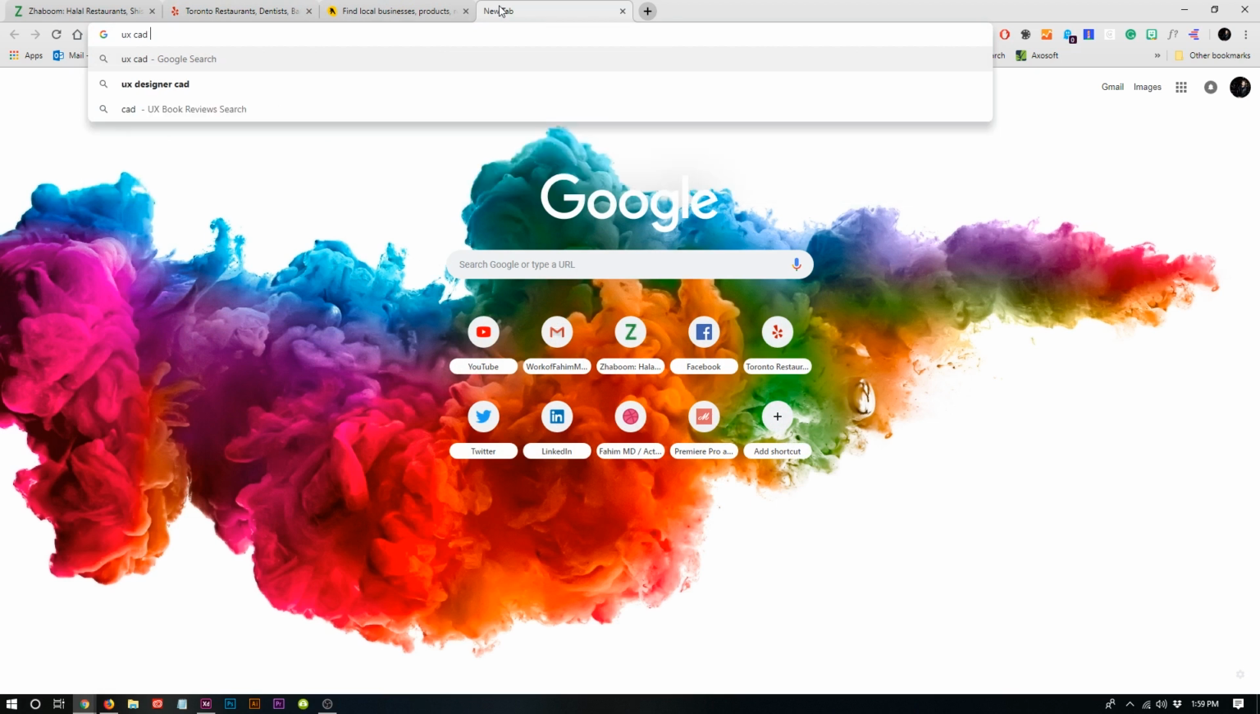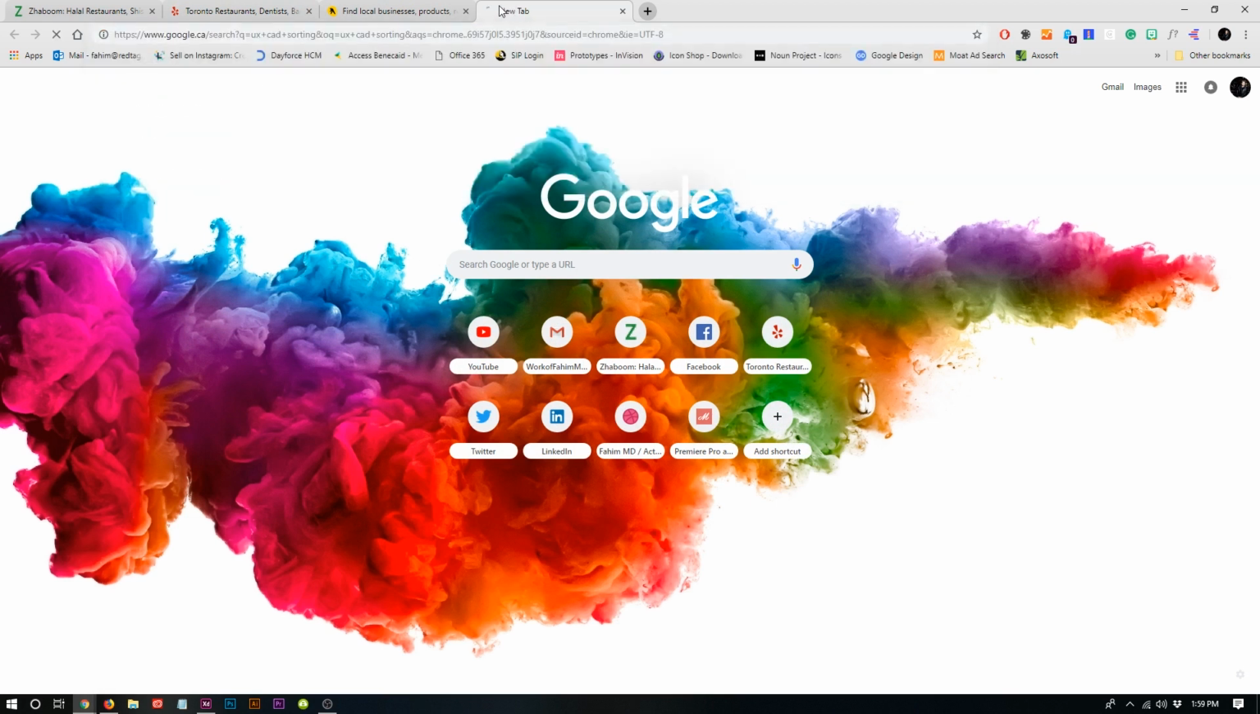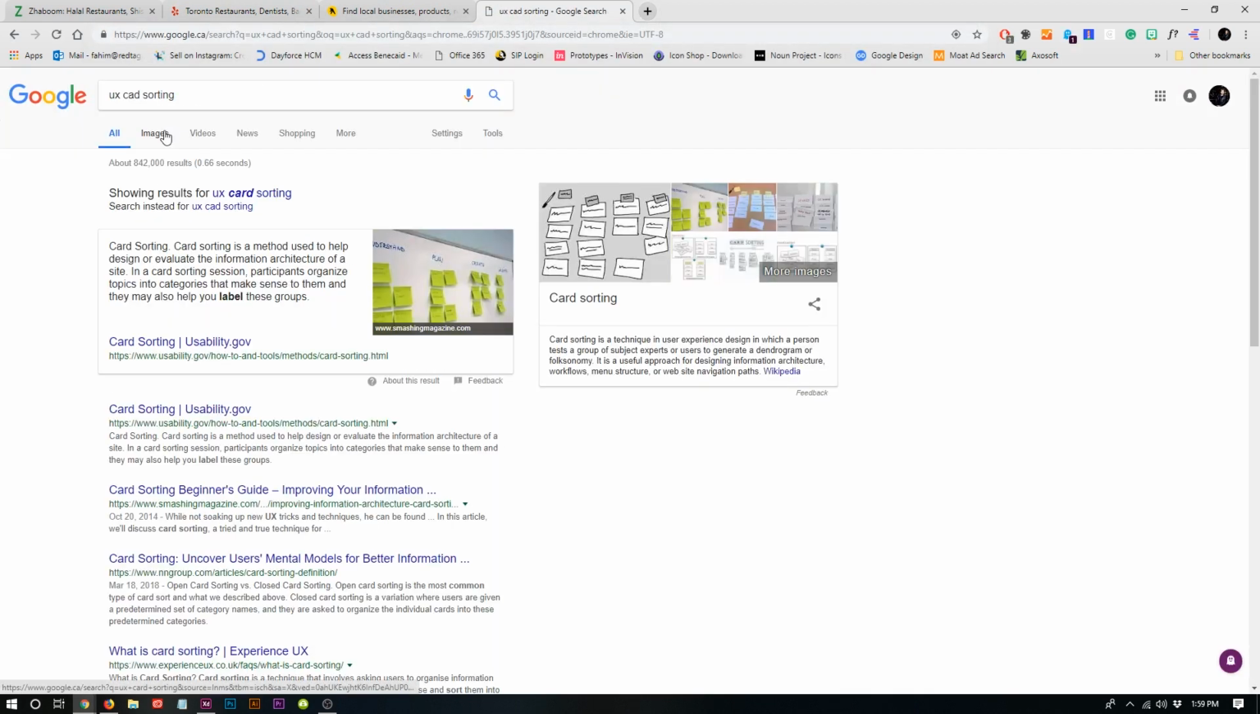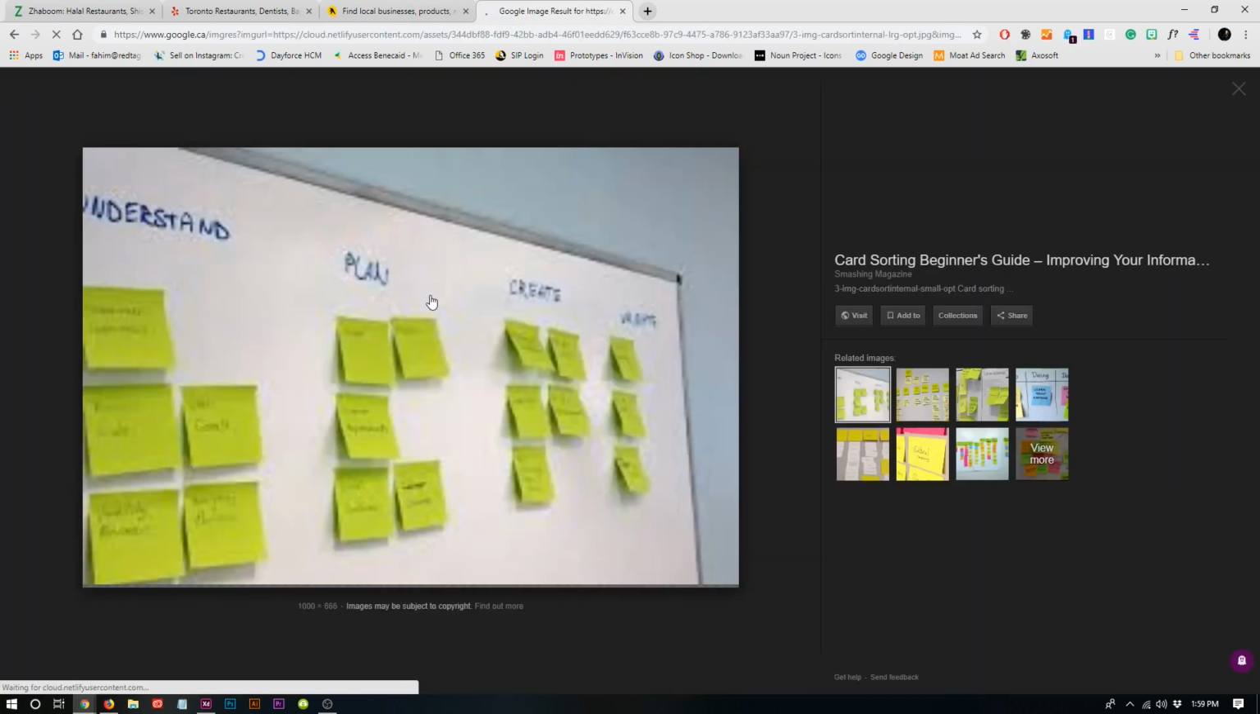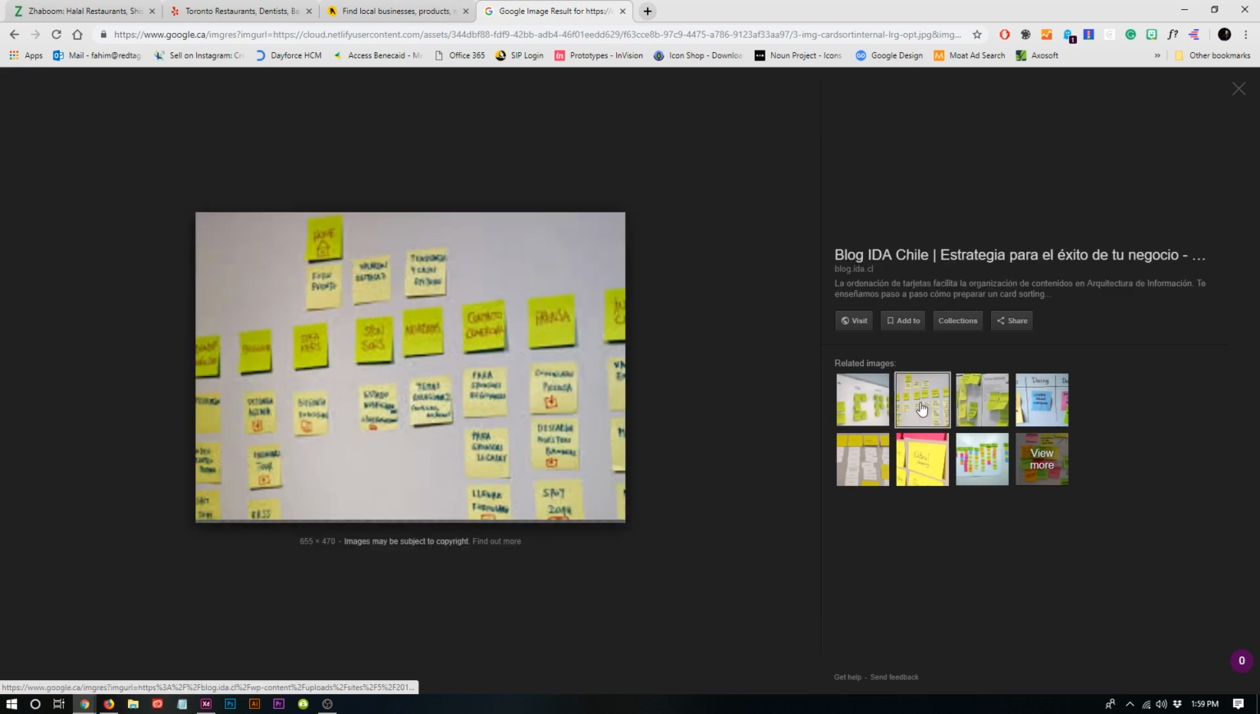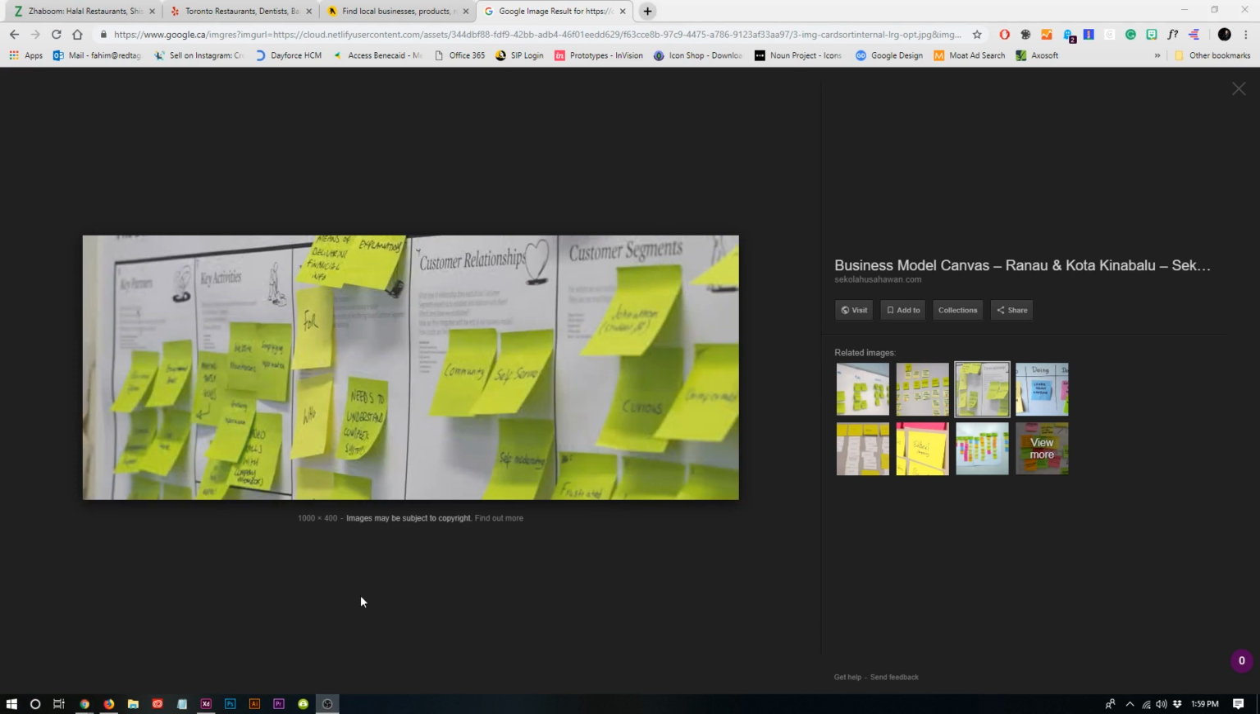UX card sorting. Okay, I'm gonna go to tools. This is how usually people do it, right? So what we're gonna do is, here's some other examples. Okay, so what I'm gonna do is,